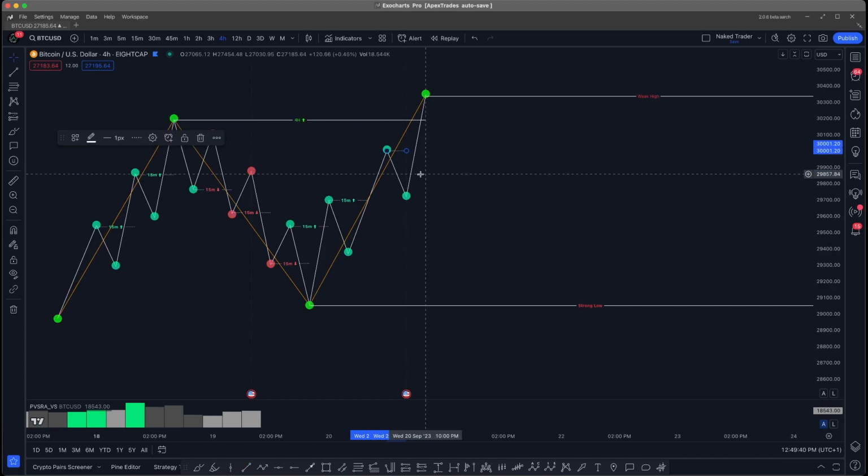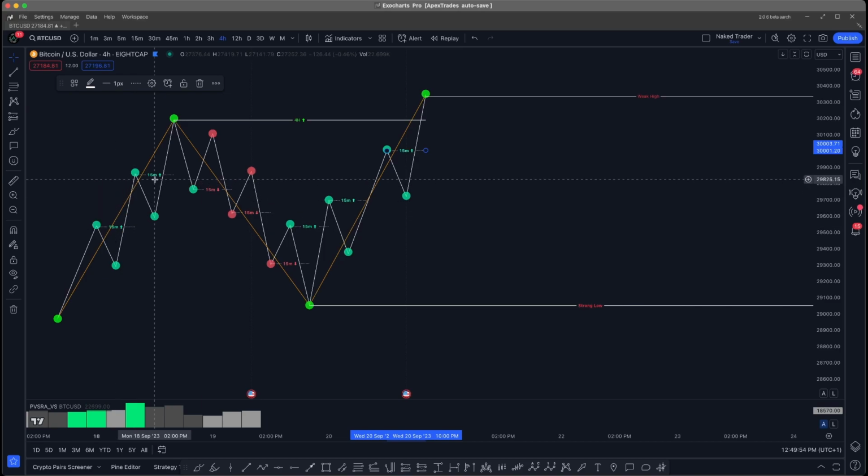15 minute up here. Again, I don't know why my drawing tools are overhanging that, but that should just be in line with that line. So internal structure, just to recap, we've got a small break, a 15-minute up, a 15-minute up, then we make a 15-minute down, 15-minute down, another 15-minute down. We then make a 15-minute up, a new 15-minute up, and then of course a new 15-minute up until that